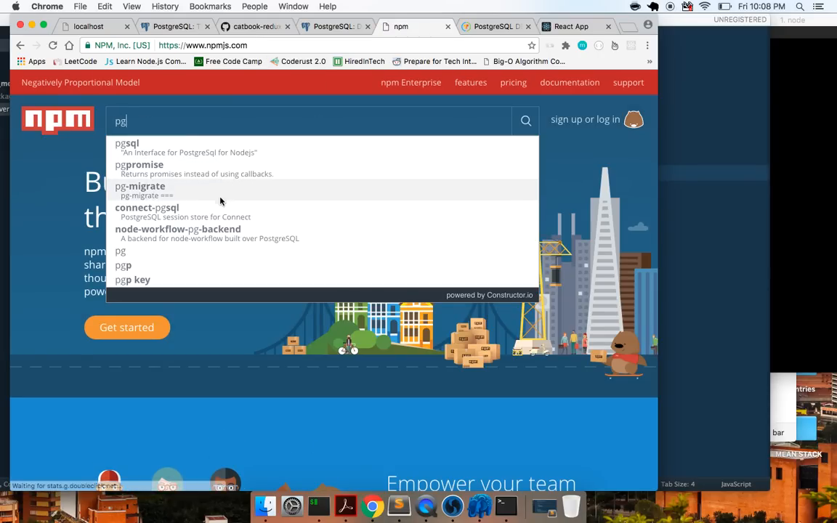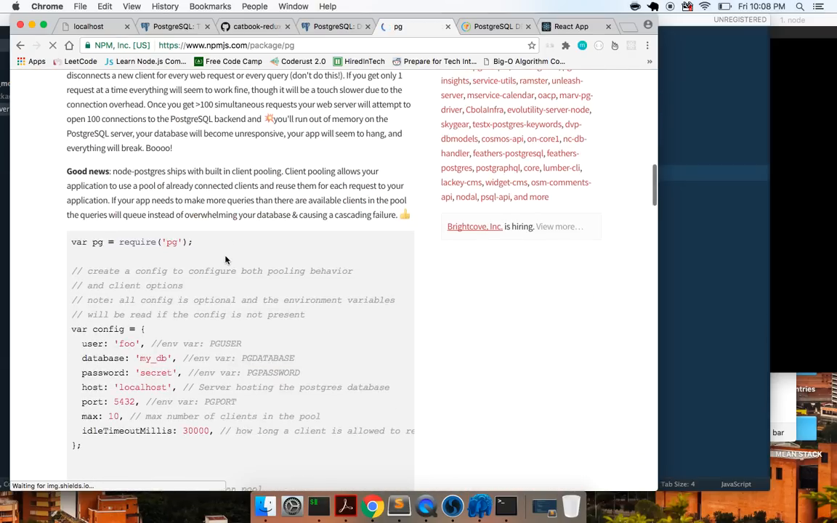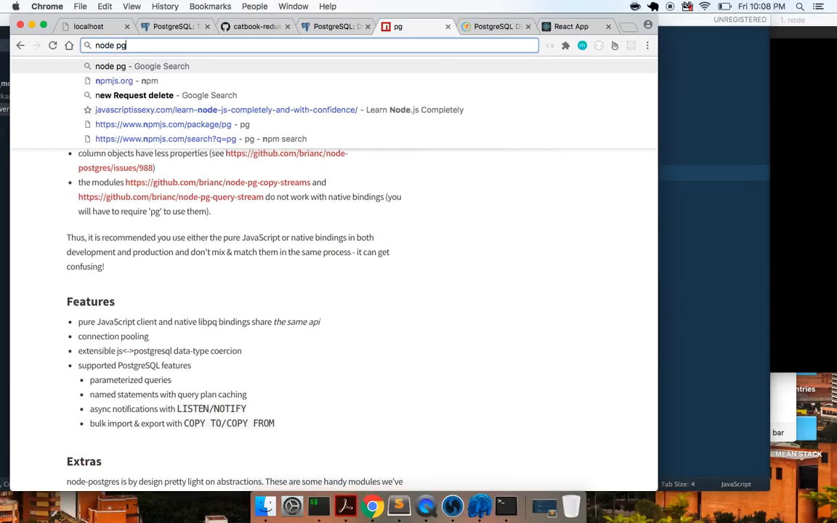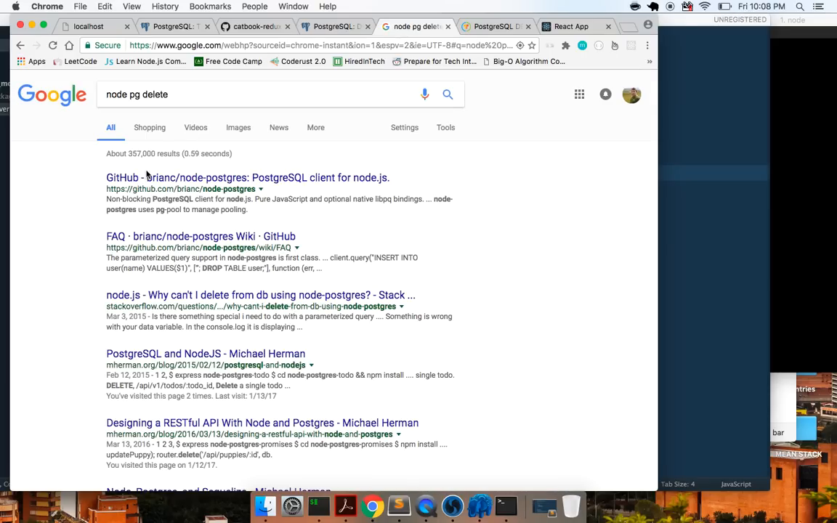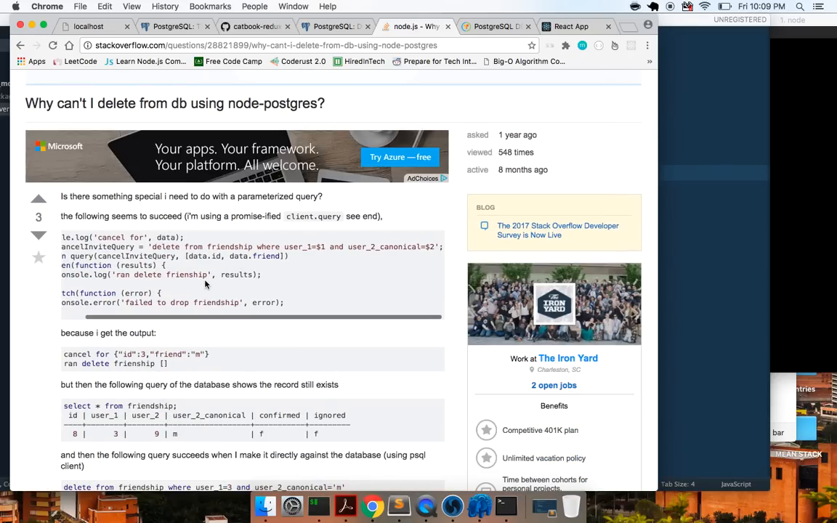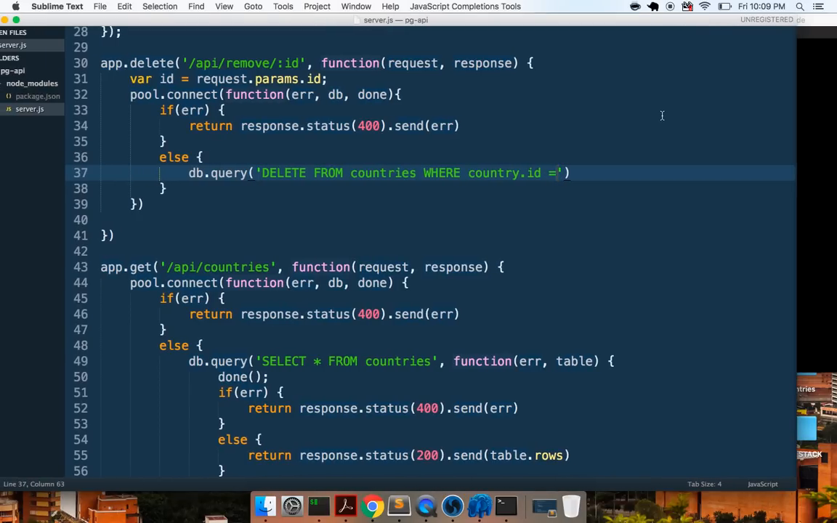let me look up this on the actual npm, let me look up pg, and let me look at this for the delete method on here real quick. Let's look, pg delete, let's look at what it is. Let's see. So delete from function where user equals 1. Okay. And then, okay, cool. So looks like we can do where country ID equals 1,